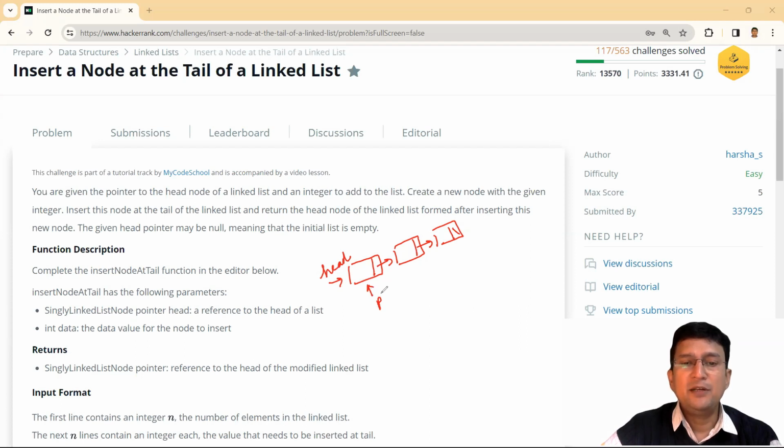Then the next field of this node is not null. So I move this P to the next node. Next field of this node is also not null, so I move to the next node. Here I reach the last node which has the next field as null. This is the identification of the last node, that its next pointer will be null. You stop here, you take a new node, add the required data item here, set the next pointer of this node as null, and then you should link P and Q. This inserts the node at the end of the linked list.